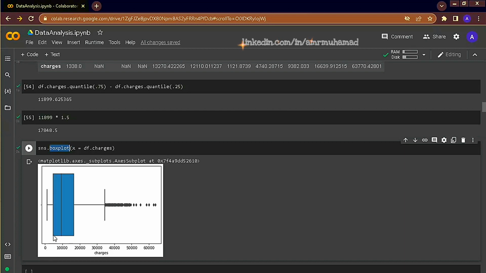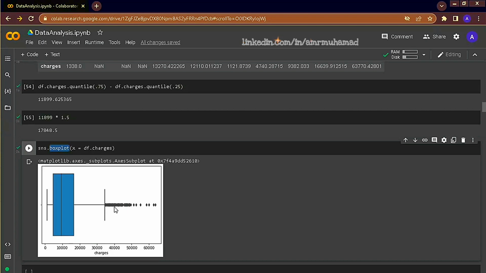The lowest edge is the first quartile, and this edge of the box is the third quartile. The distance between them is the IQR. The middle line is the median, and we can note that it is a positively skewed distribution because data is much more spread towards the right side of the median line.